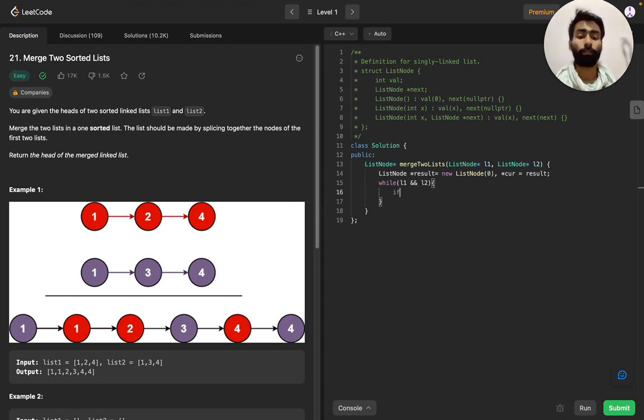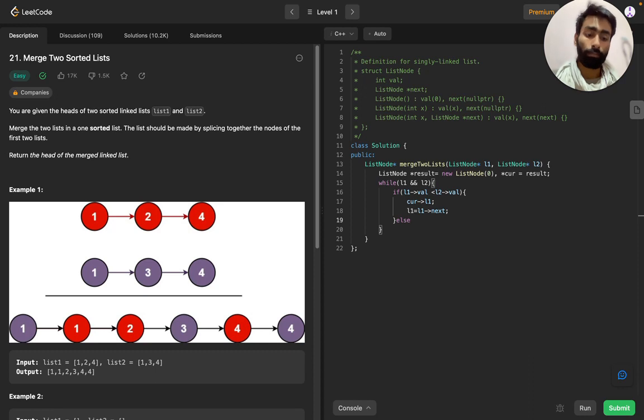If they exist, then we will have a condition: if the value of the current node of the first linked list is smaller than the value of the current node of the second linked list. If so, then current next is L1, because the smaller one we have to choose first, and increment the pointer. To increment the pointer in a linked list, we assign next to it. So this is the next pointer.